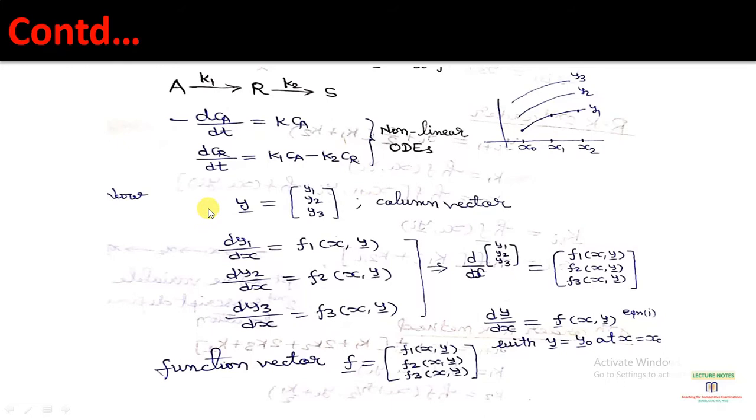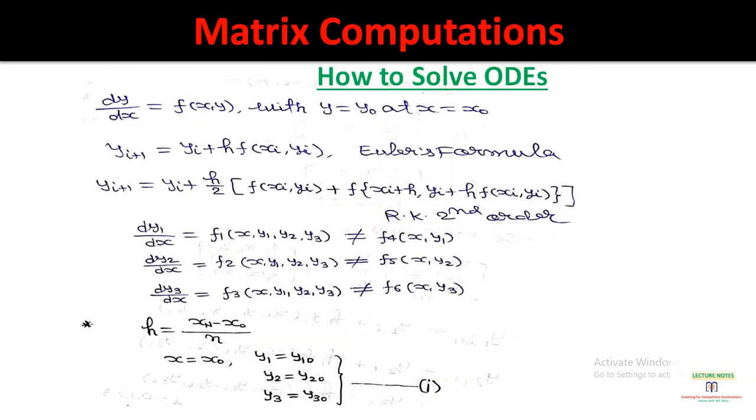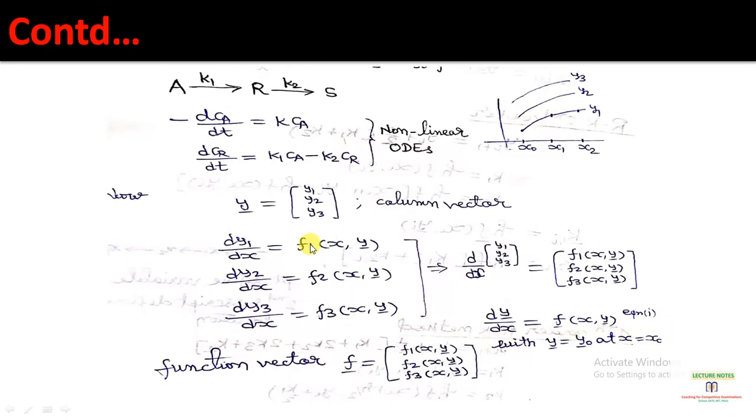So how can we write y1, y2, y3, which we have discussed here, in a single form or in a matrix form? So y, this is the vector, y column vector equals to a matrix, this is a column y1, y2, y3. So this y vector we can write in matrix form in this form. So this is known as a column vector.